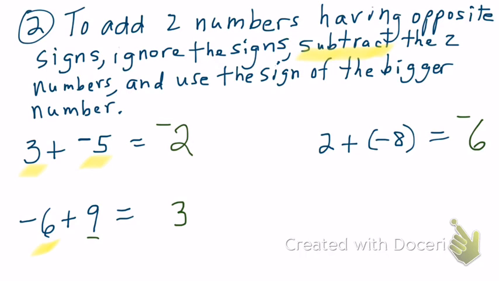If you owe $6 but you have 9, well, you could pay back 6 of those dollars and you'll still have 3 left. If you have $2 and you owe $8, well, you owe 6 more than what you have, so you're going to owe $6. That'll be your answer. We'll talk a little bit more about that later. But again, if you think in terms of debt, this makes a lot of sense. Let's move on to the next